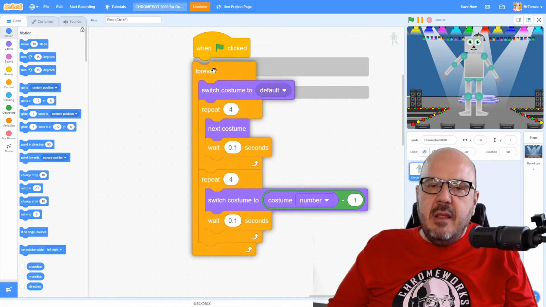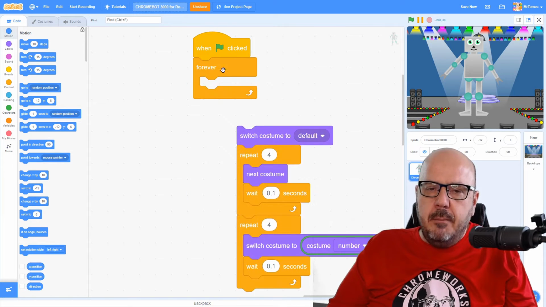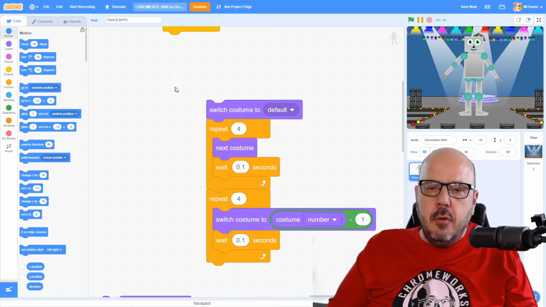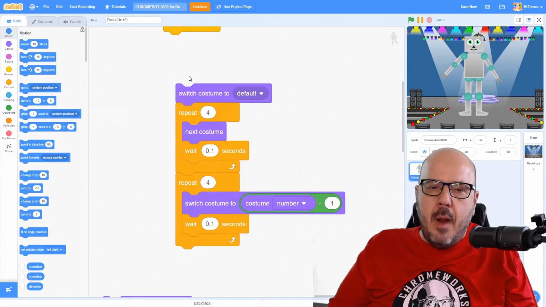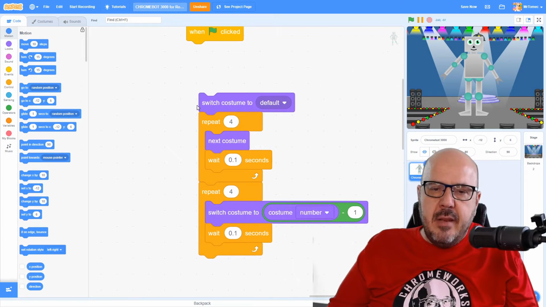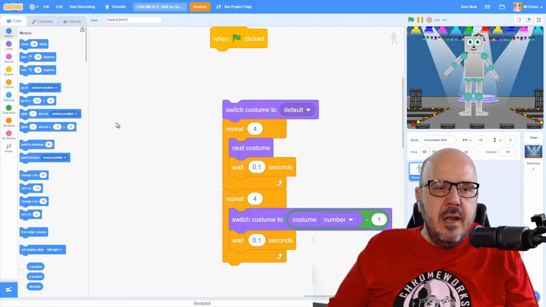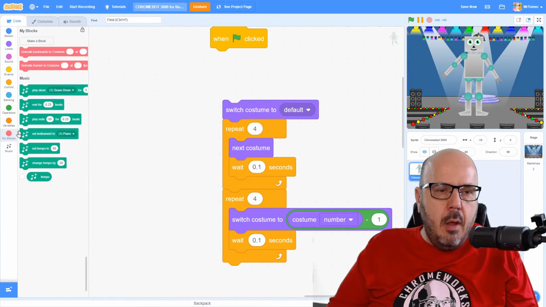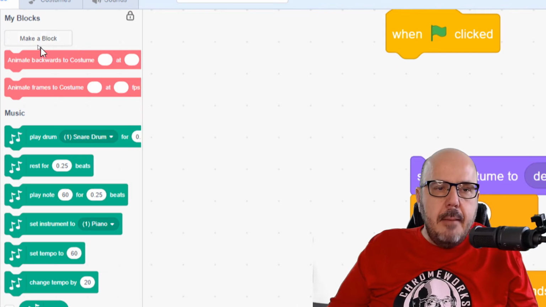So this is really the code that I need to build this guy. Let's get rid of the forever loop here. This block of code represents what the Egyptian dance means. It means go to your default costume, switch costumes, and then go back. So we can turn that into a custom block now by going to My Blocks, clicking on Make a